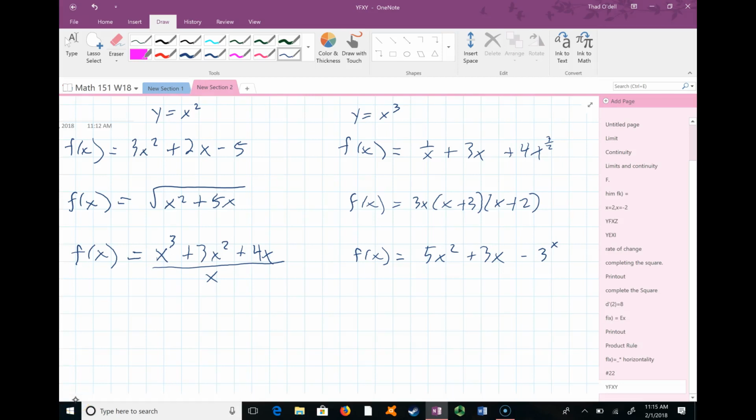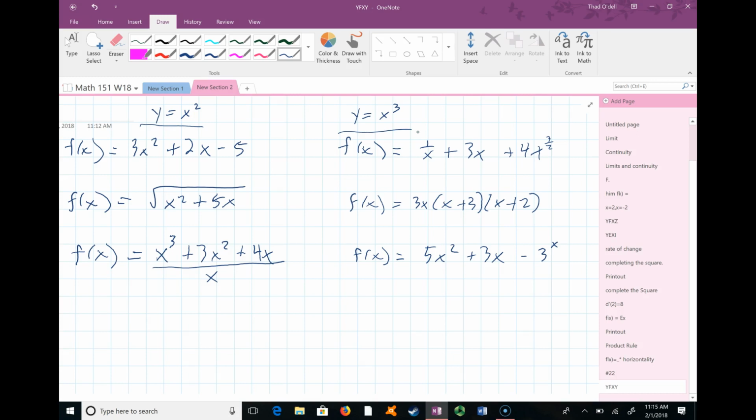This is an introduction to the polynomials video, and we'll start, of course, with something we know: y equals x squared and y equals x cubed. Those are both types of polynomials. They're the parents of the polynomial family. So a lot of the things we know about y equals x squared and y equals x cubed help us